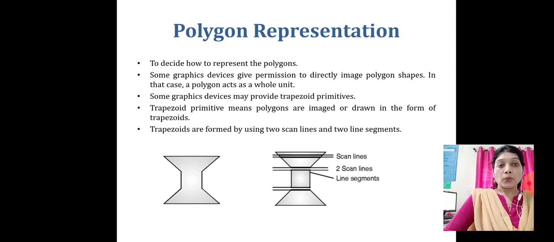So, in this figure you can see that this is our actual polygon, and whenever we want to draw this polygon on a screen, it is divided into 3 different parts or 3 trapezoids. You can see the first, second and third. These are the different trapezoids we can draw by using scan lines or line segments. You can see here these different line segments of that polygon, and by using the scan line we can draw. Here you can see the different scan lines we can draw when we want to show the polygon in the form of trapezoids. These are the different line segments and scan lines which we can draw to represent the polygon. So, this is the representation.